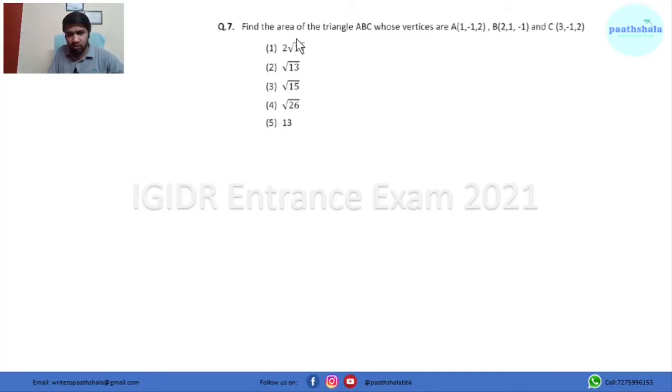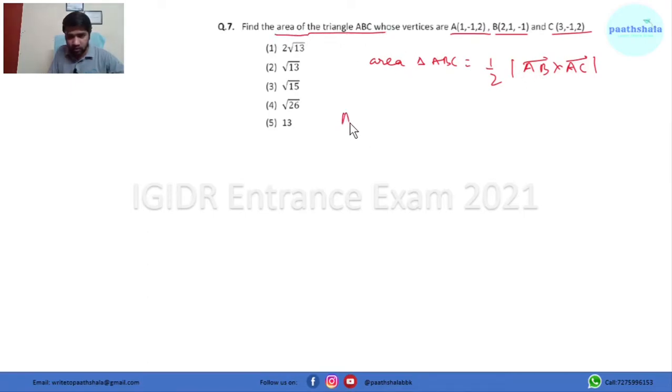Here it is asking to find the area of a triangle whose vertices are given. Look at the vertices. These are three-dimensional vertices. So here we have to use a vector formula, that is the area of triangle, let's say ABC, will come out to be half magnitude of AB cross AC. So first we have to find the AB vector, then the AC vector, then we'll take the cross product, followed by finding the magnitude of that vector. Then we'll put it here in order to get the area of this triangle.